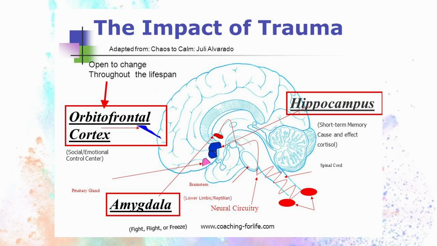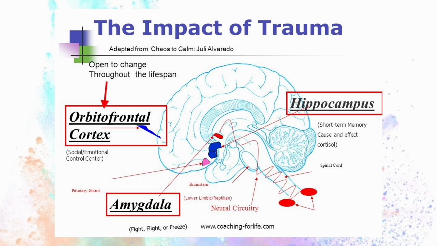The amygdala acts as a smoke alarm, which activates an instinctual response in the hippocampus. The hippocampus can respond in either two ways. One, in an active response, fighting for your life or running away, or two, in a passive response, such as freezing, fawning, playing dead, and or dissociating.